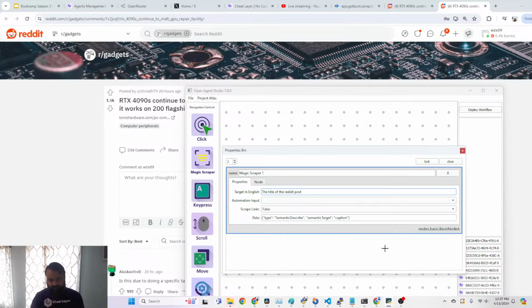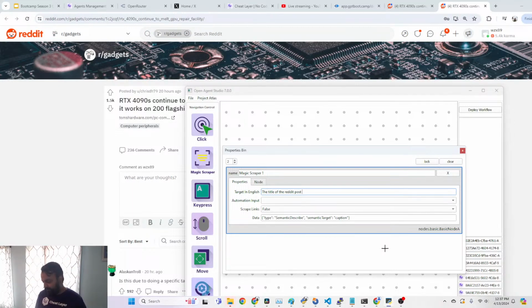Okay, so you can target anything in English. So you can say the title of the Reddit post. Or you could have also said the text of the top comment, or the text of only the funny comments on the page, or the text of only the comments on the page that include the word job, or my company CheatLayer. And so you can actually add logical reasoning into this targeting, which is impossible with every other targeting strategy on the planet. So you can imagine there's another whole dimension to learn that's much more useful and allows you to automate things that are impossible in other tools.